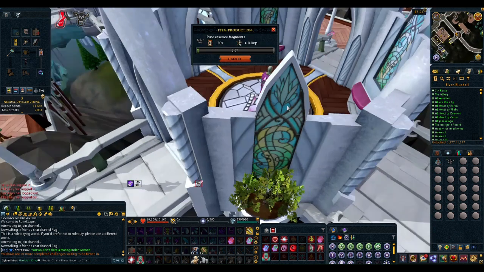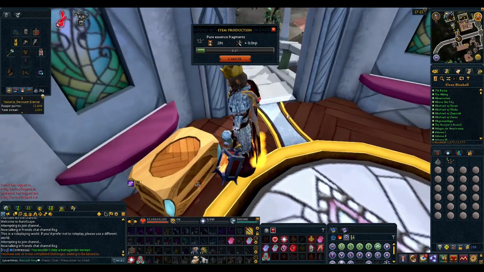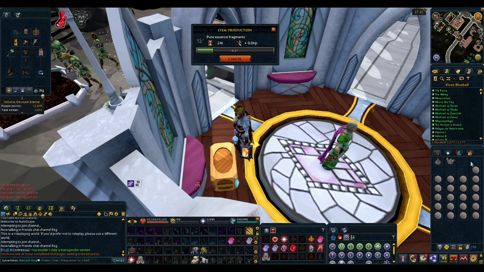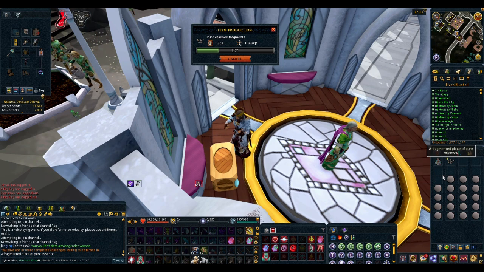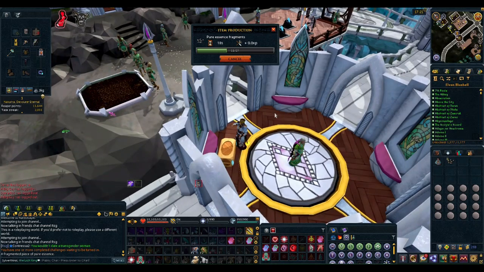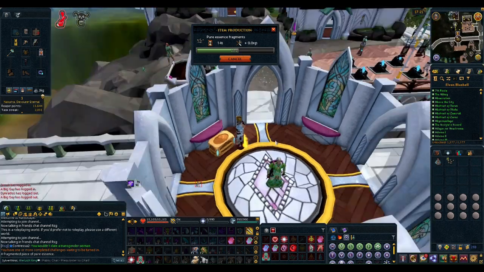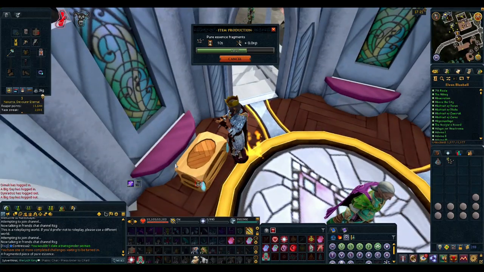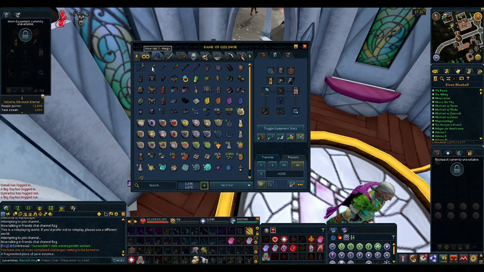Chisel essence. So pretty quick, but you're gonna have to keep withdrawing your inventory to do it. And then what is this used for exactly? Fragmented piece of pure essence. Got no use on it by itself. So why don't we go and grab our...